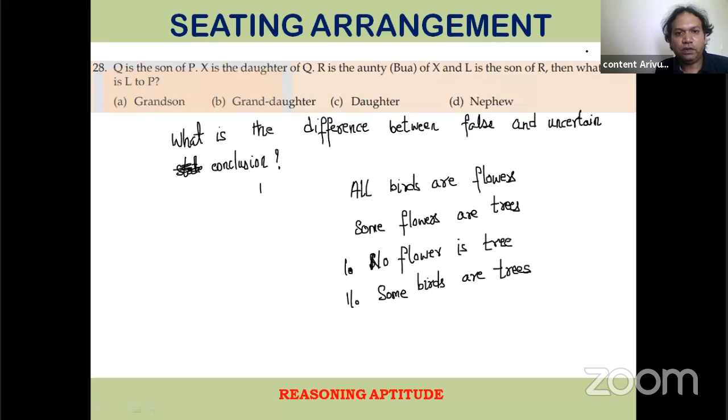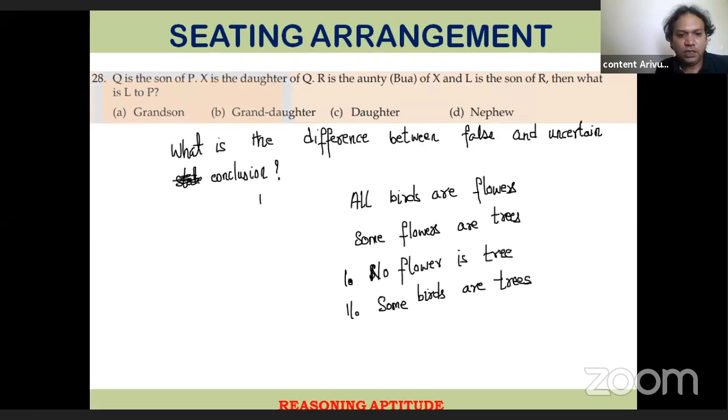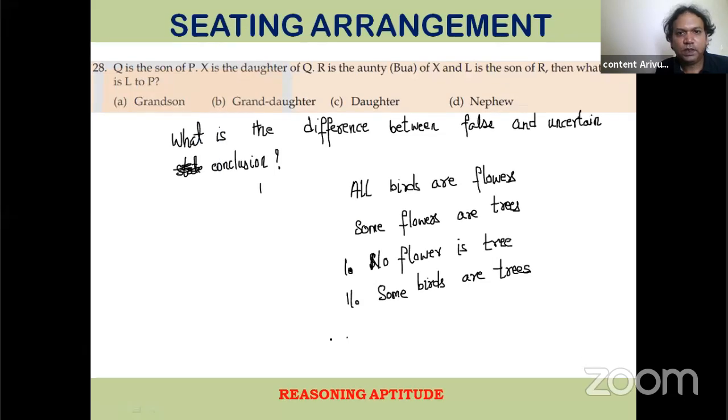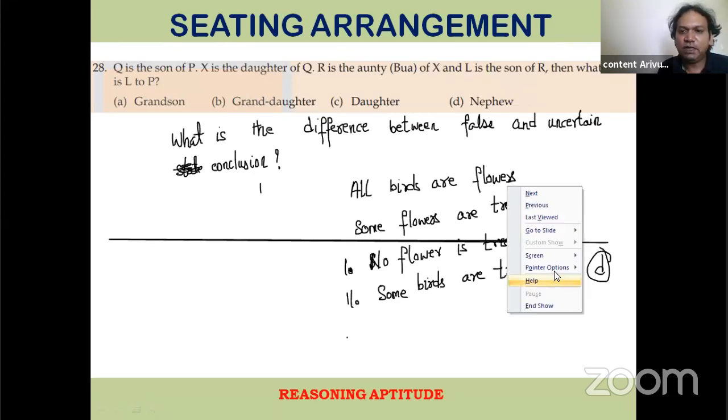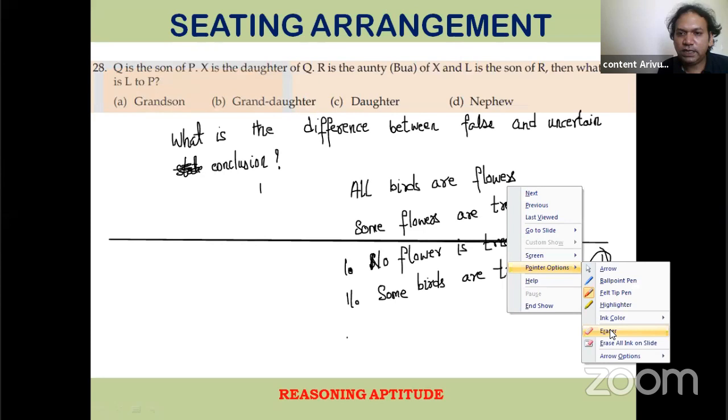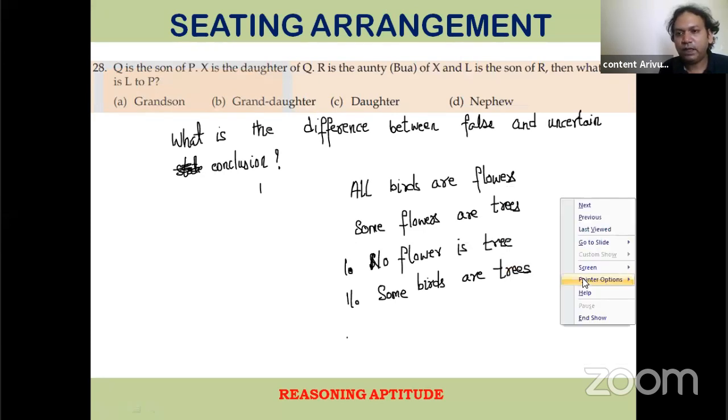Manjula Vani, very good. The first one is false, the second one is uncertain. That's exactly what we're looking for. The answer is D. The answer for this question is D. First of all, you mark the answer. What we need to understand here is that the first statement is false. I will discuss here why it is false. First, write down: the first statement is false, and the second statement is uncertain.